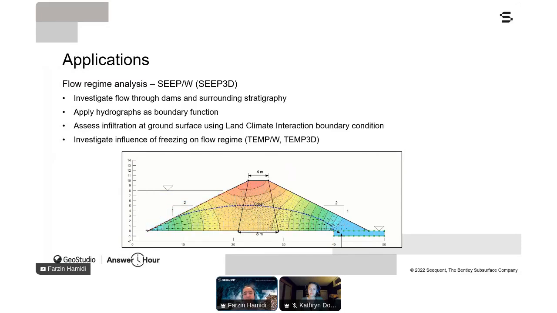The land-climate interaction condition is available in SEEP/W to assess infiltration in a given climate condition. The multi-physics formulation of GeoStudio allows for coupling SEEP/W and TEMP/W analysis to investigate the influence of freezing on water flow. So as you can see on this screen, you can see the embankment and also the seepage through that embankment.